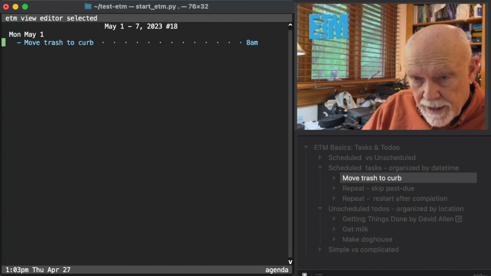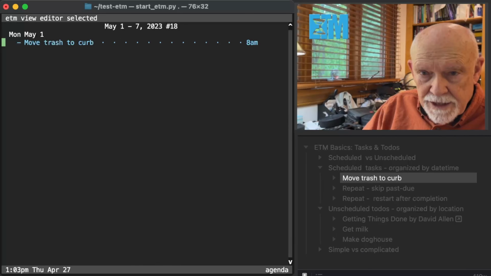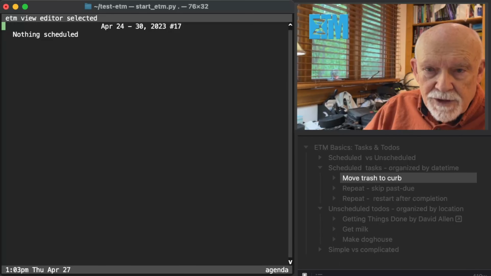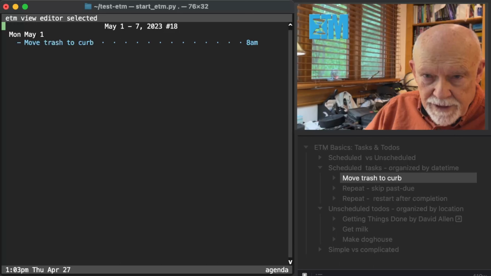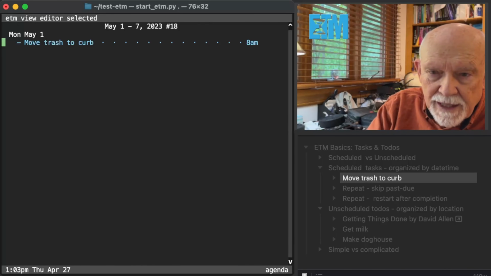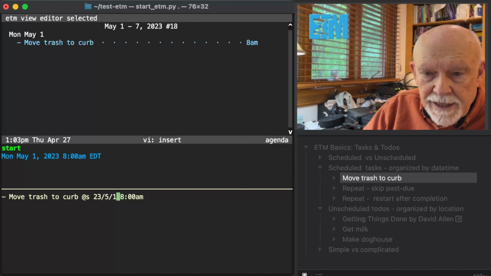So this illustrates the fact that it might be nice to have some advance warning of this task. Since it falls on a Monday, I won't see it in the current week, and it will only appear when the week ticks over to Monday next week, and then it's supposed to be at the curb by 8 a.m., so that's not ideal. So let's select the task, press Shift-E to edit it,